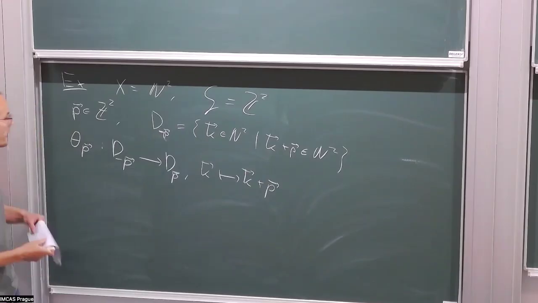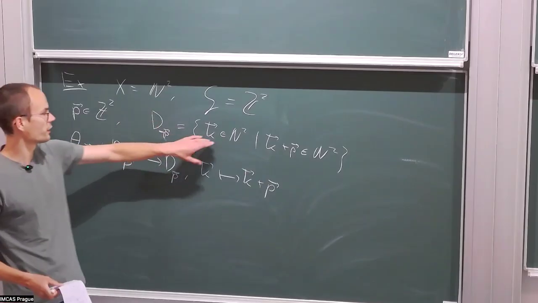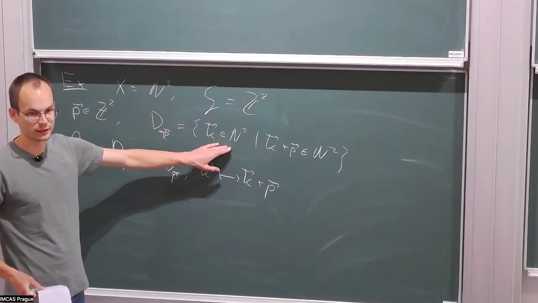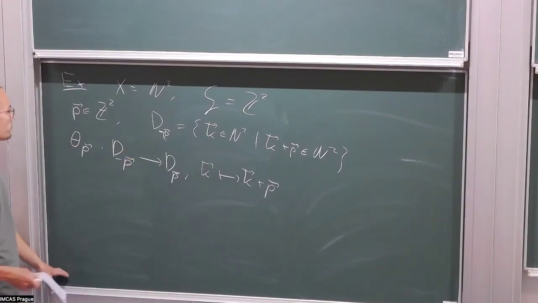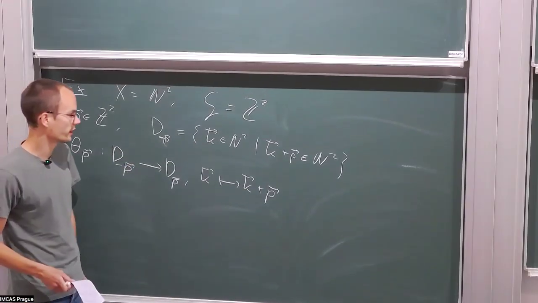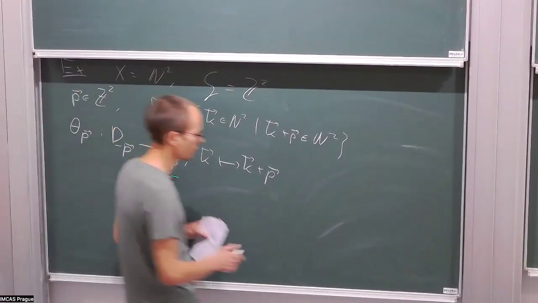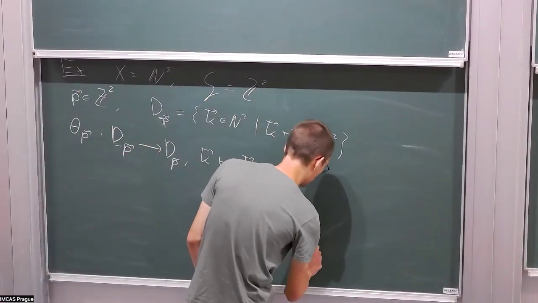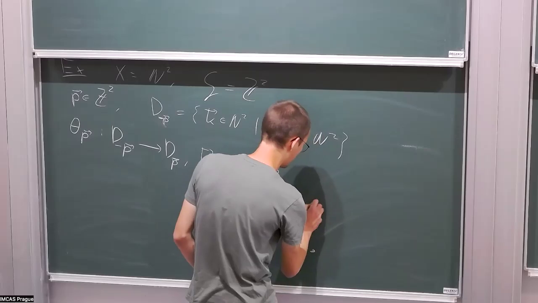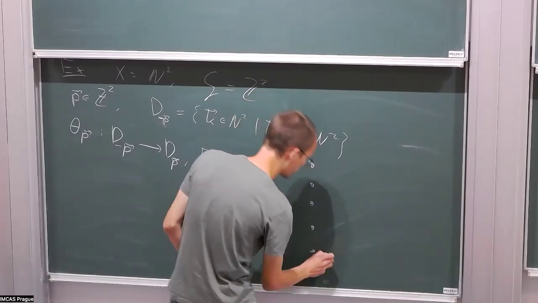I'm defining this to be all those points in N squared which I can shift by p and still land in N squared. And then you define the partial action to do exactly this. So basically, if I draw N squared as a lattice like this,